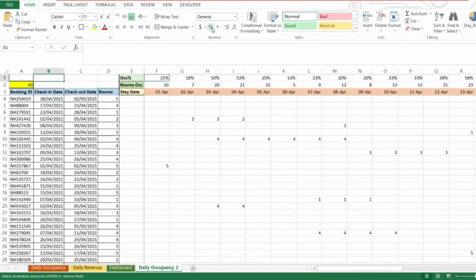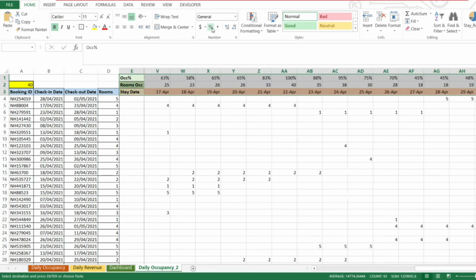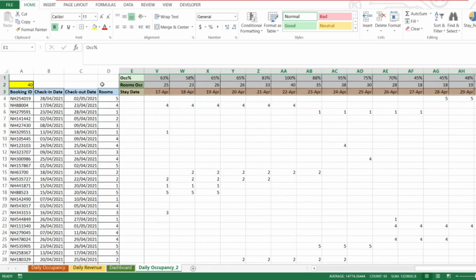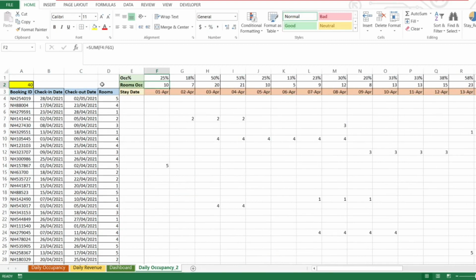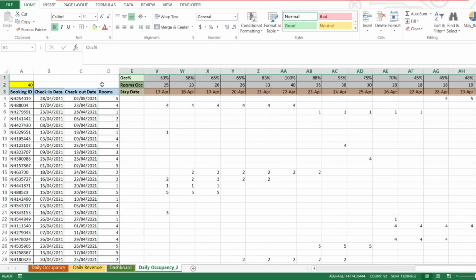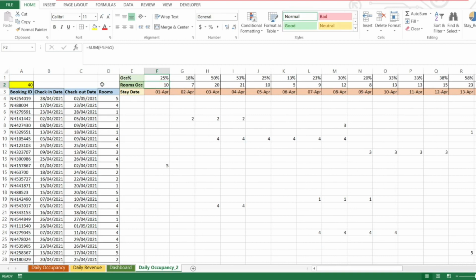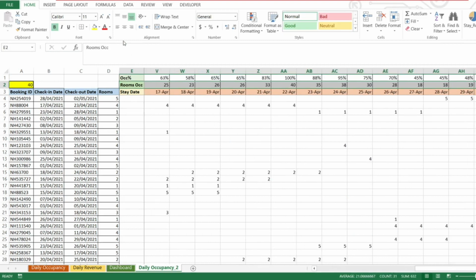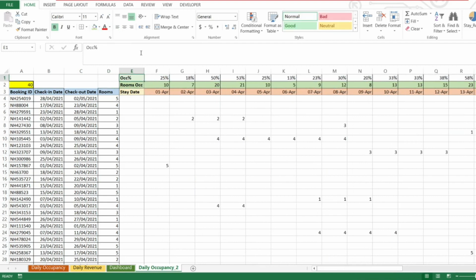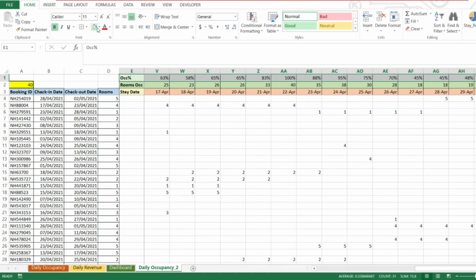So I know it is very important to know the daily occupancy and daily revenue of the hotel to manage your rates and inventory control, and how to distribute your inventory to various segments if you're managing the rate contracts with n number of segments. So here we'll just give this color coding for the sake of simplicity. And here you can see we've generated a very beautiful data.